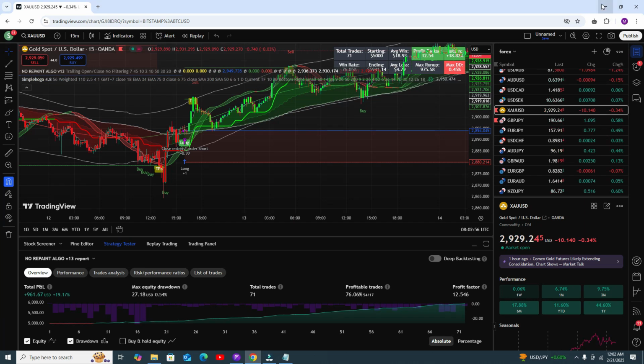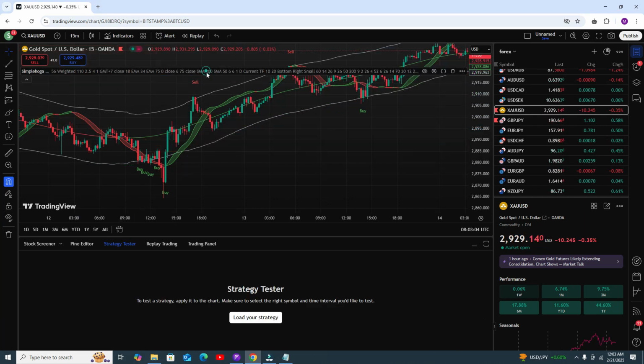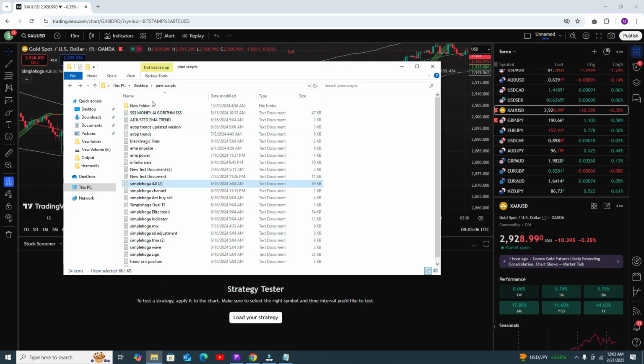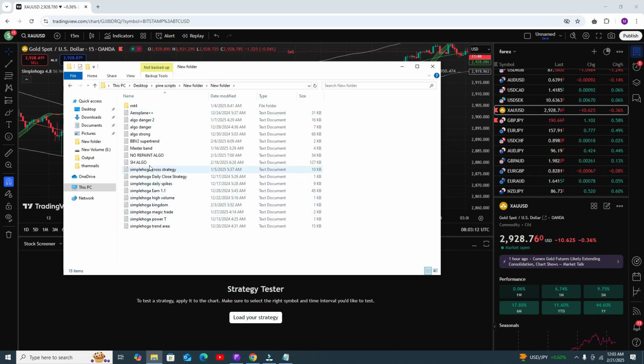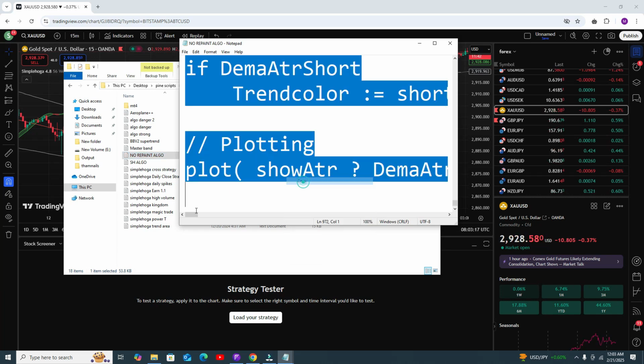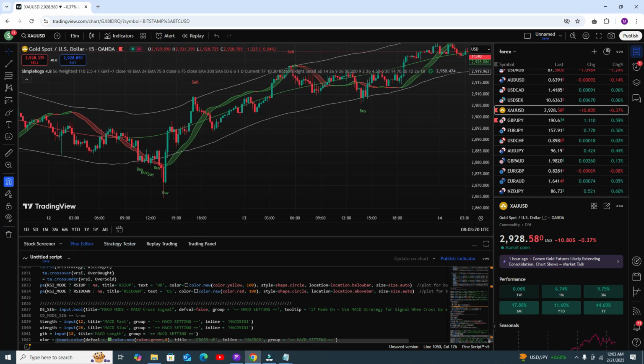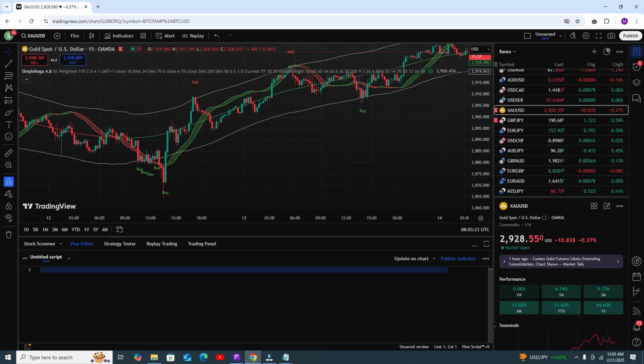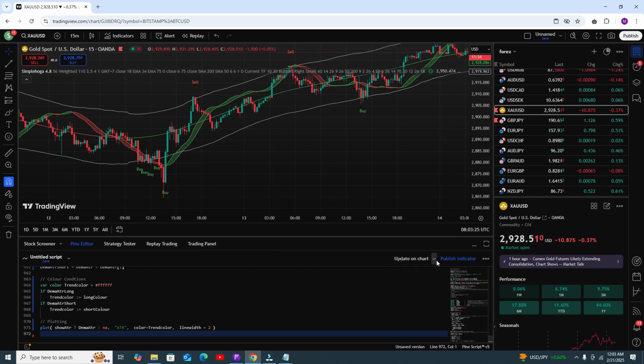Okay, so let's see how you can get my indicator. If you need my indicator, you can contact me. Let me show you the contact details, but first, how you can add my indicators. First go to my indicators. These are my indicators, and here you will see no repaint. Open the file, Control A, copy the file, then go to the Pine editor. Here you need to press Control A, remove, paste my code, and then click on add to chart. Do not click on update on chart. Okay, you need to click on add to chart.